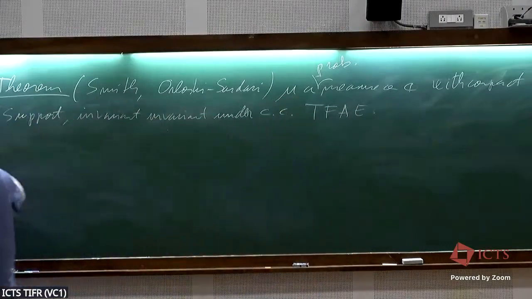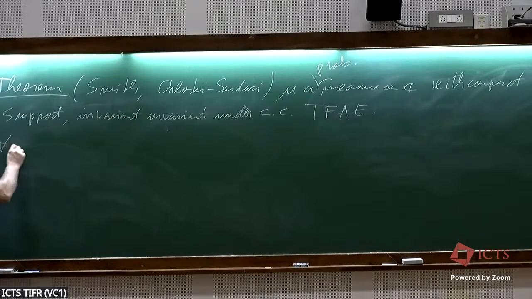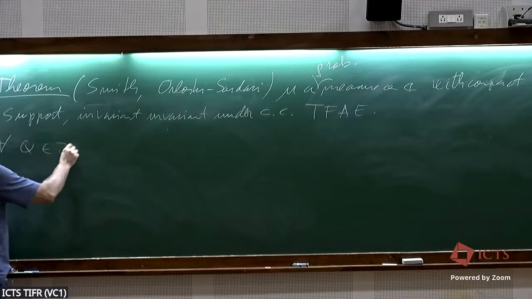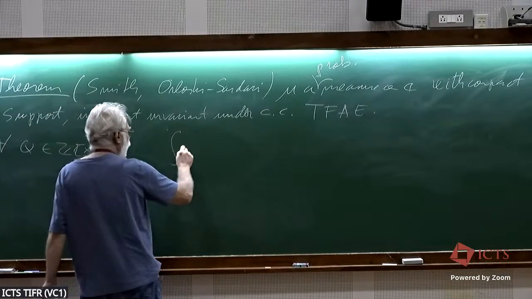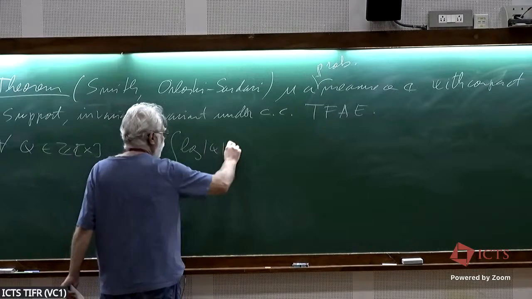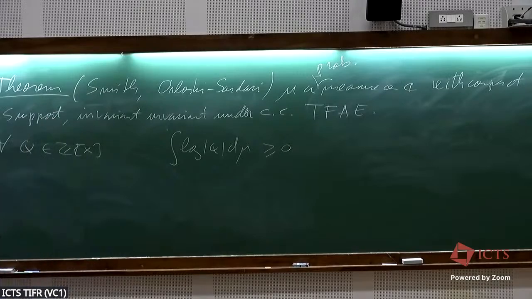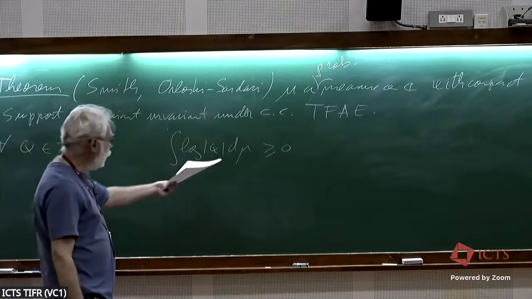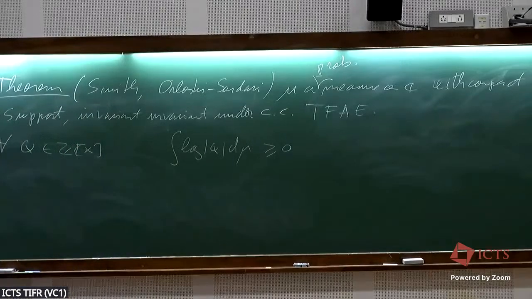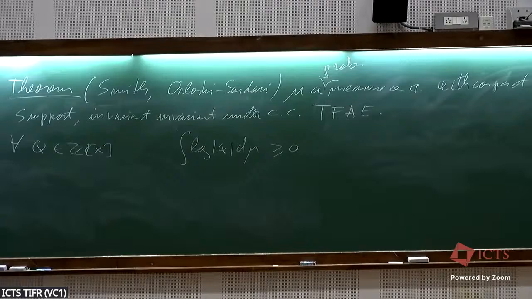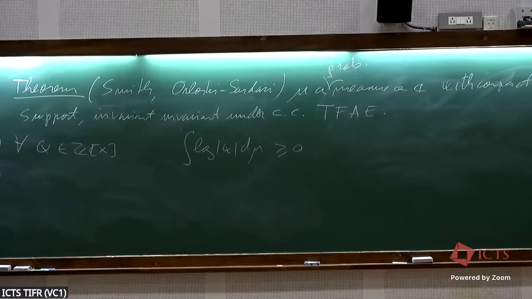The first condition is that for every polynomial Q inside set of X, so for every polynomial with integral coefficients, the integral of log of absolute value of Q d mu has to be positive. So I need a measure such that the integral of log Q has to be positive for all possible polynomials with integral coefficients. Okay? And the second condition is that there exists a sequence